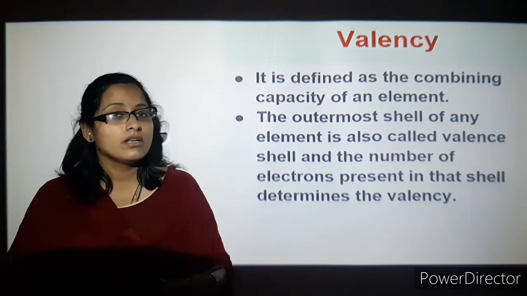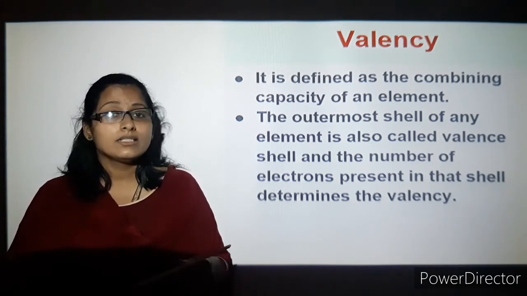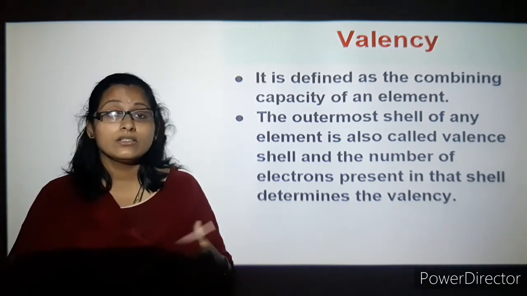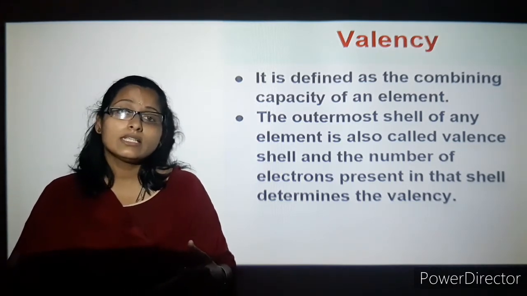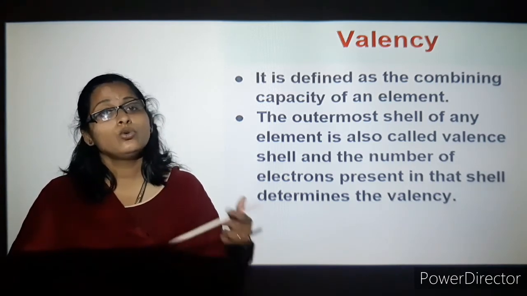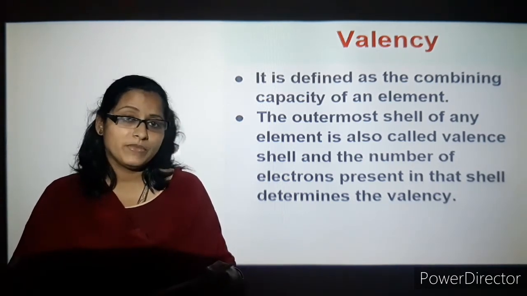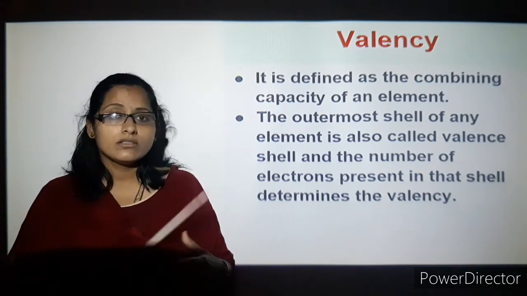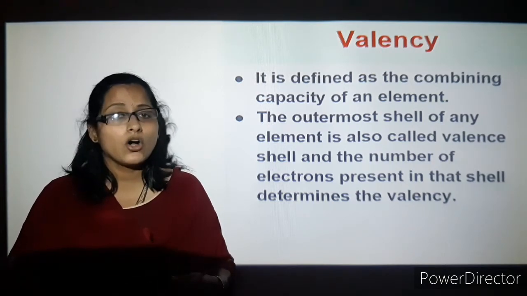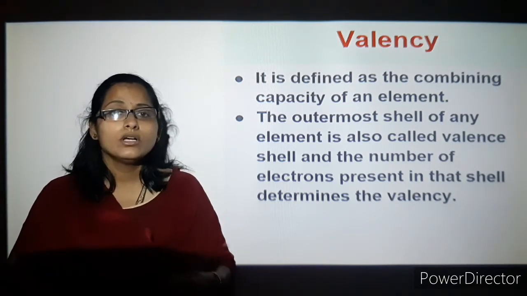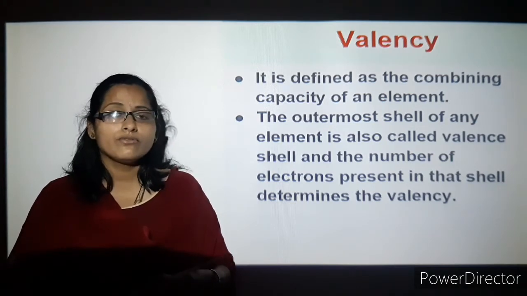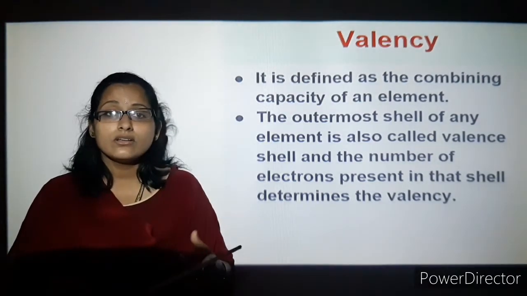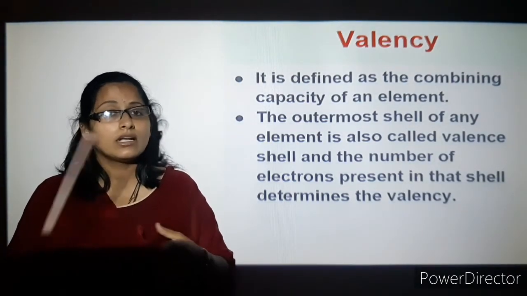So now how much is remaining? 2 is remaining. So I can say that 6 requires 2 more electrons. So it is going to take 2 electrons from a metal or any other element to complete its octet. So just subtract that number from the octet, that is 8 minus 6 is 2. So how much is remaining now for the formation of the octet? It is 2. Yes, so hydrogen's valency is 1 and oxygen's valency is 2.